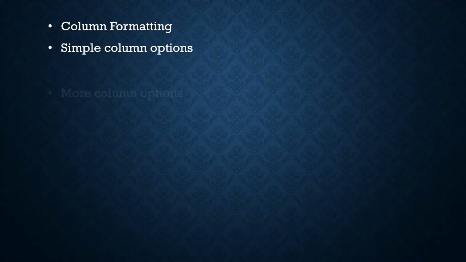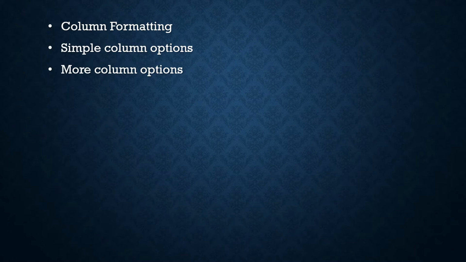Okay, now we'll recall what we have learned in the last class. Do you remember? So, what's the name of this chapter? Chapter 1? More on Word 2013, right? In the first class, we have seen about page formatting features. And in the last class, we have seen column formatting features, right? In that we have simple column options and more column options.